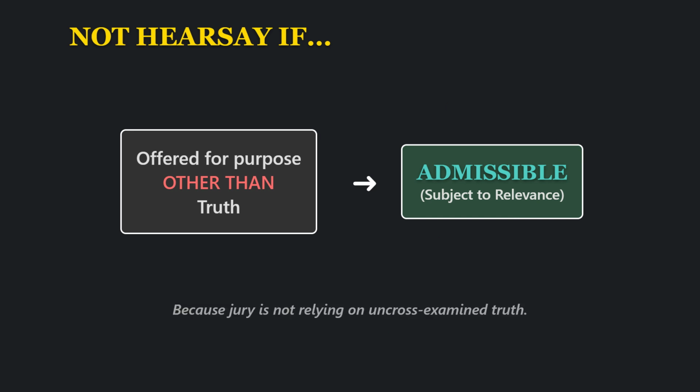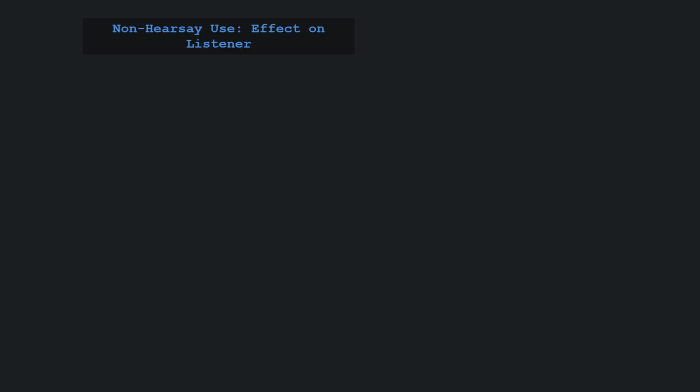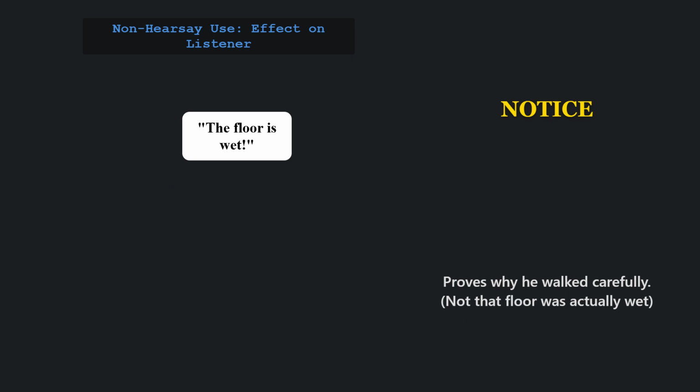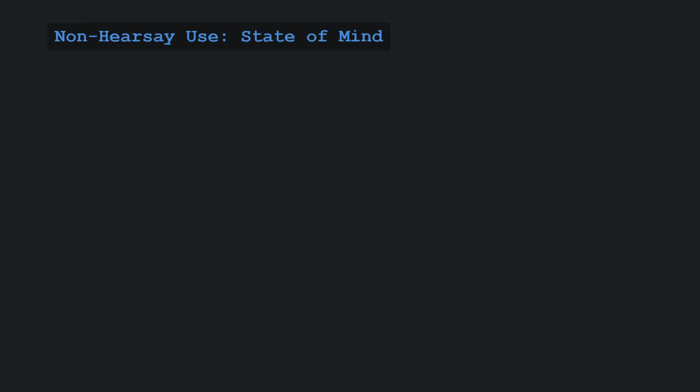The rule against hearsay prevents the jury from relying on unreliable evidence not subject to cross-examination. Statements offered for purposes other than proving the truth of the matter asserted are admissible non-hearsay. Common non-hearsay uses include proving the effect on the listener. For example, a statement offered to show notice, warning, or motive is admissible because the listener's reaction is relevant, not the truth of the statement itself. Statements offered to show the declarant's state of mind are non-hearsay if that state of mind is a relevant issue in the case. This includes showing the declarant's knowledge, belief, or sanity.